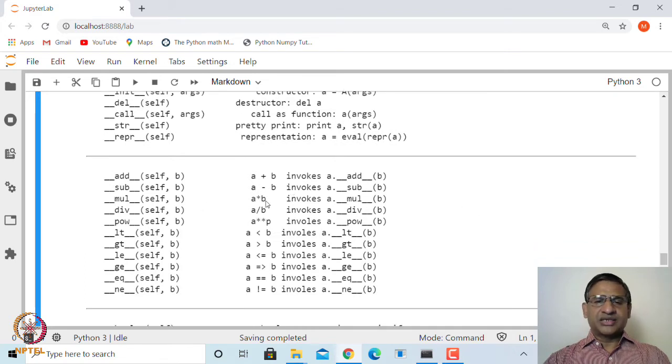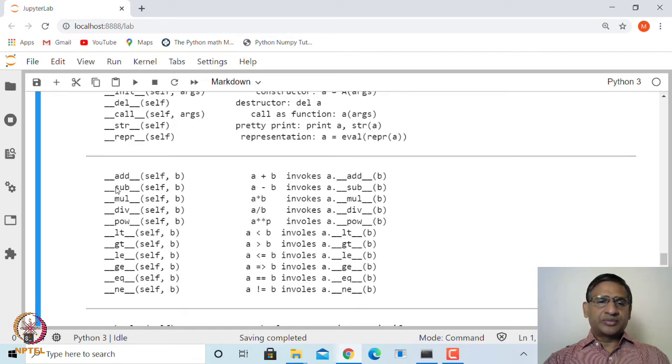Next, there are special methods for adding. For example, if you say a plus b, it should add the two objects a and b. We saw that with z and w in the case of complex numbers. When you issue this syntax, it invokes a class method called add, as a dot add of b.